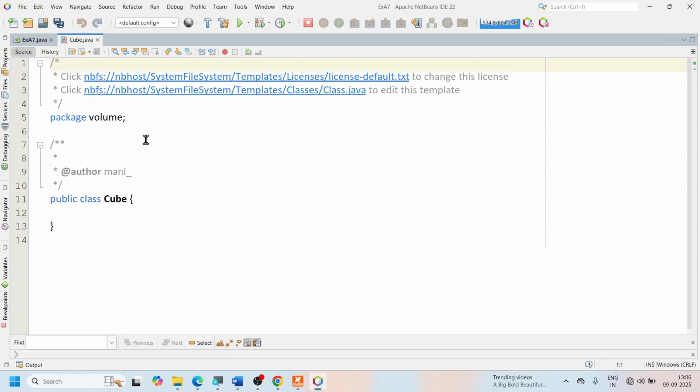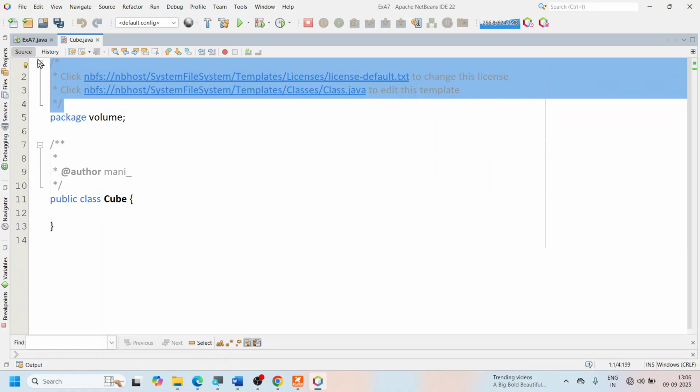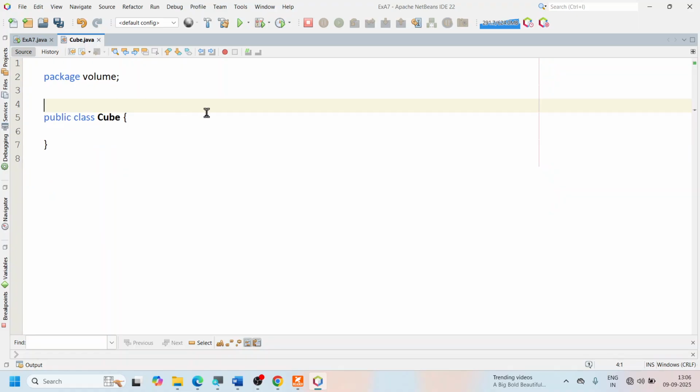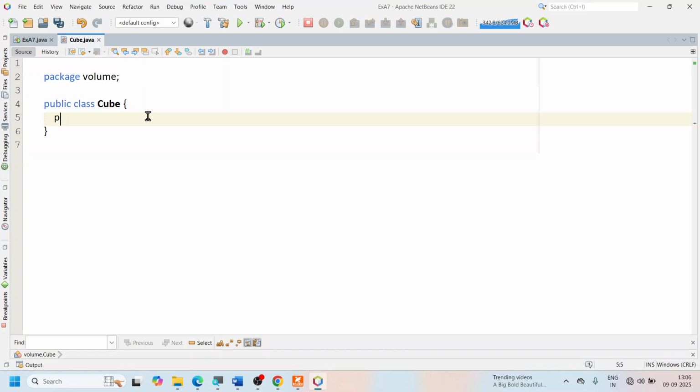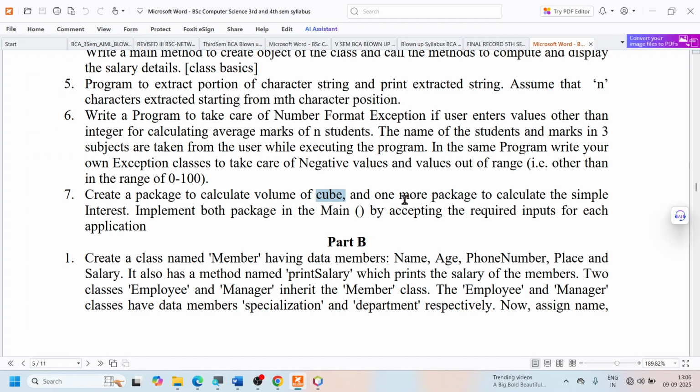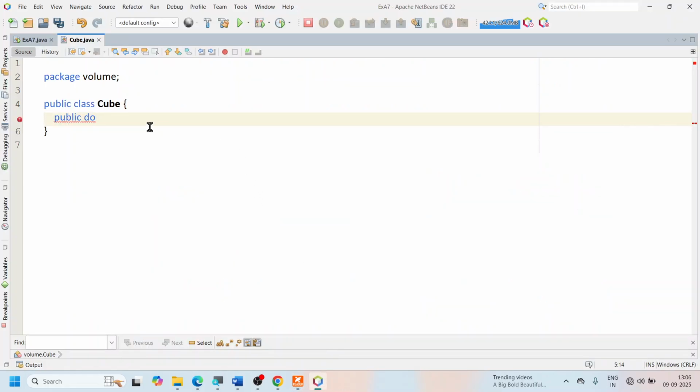So you have created this one. This remark statement is of no use for us. This is also of no use for us during the examination. Let me create one public class inside this. So I'm going to say public, and this class is there to calculate the volume, and this is what they have said: calculate the simple interest and calculate the volume. So this will calculate something. So public, when you calculate the volume, definitely volume will be in double. So I'm going to say calculate,